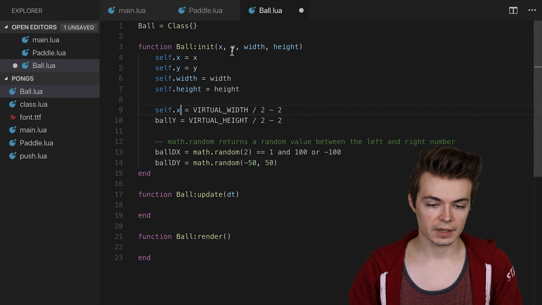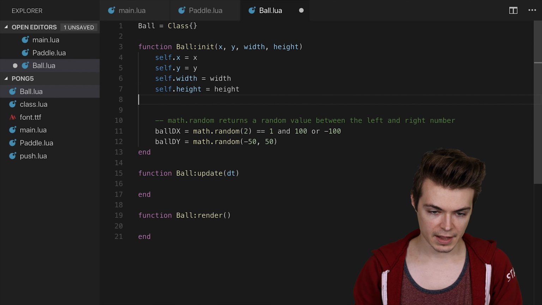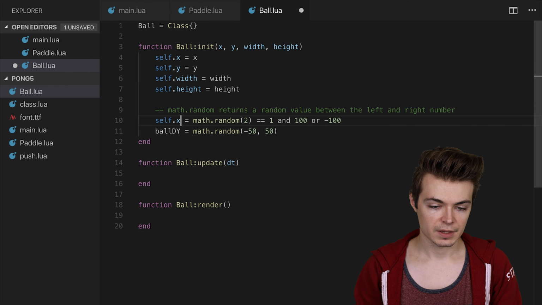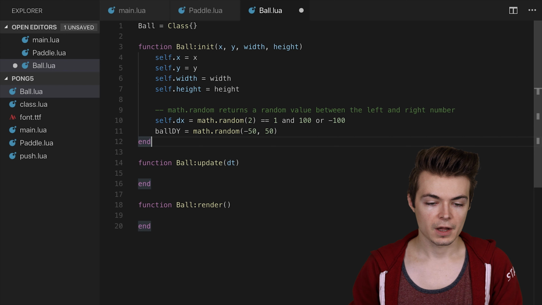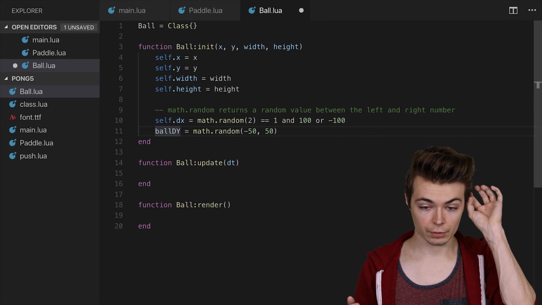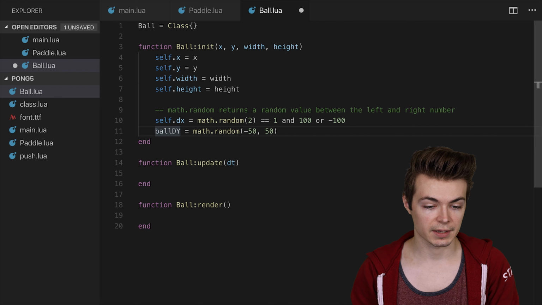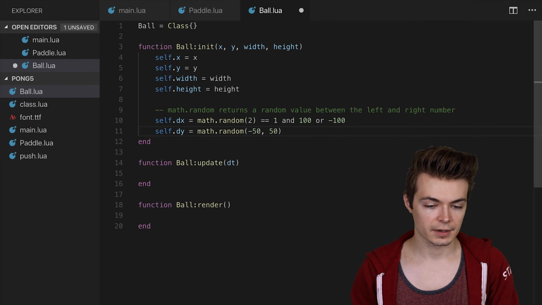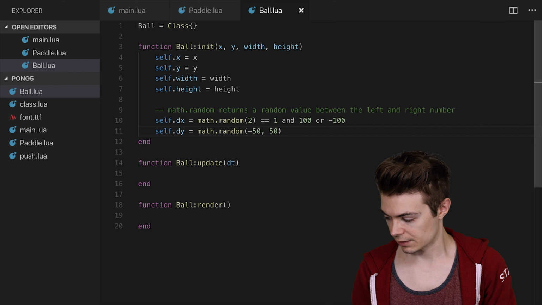And actually, I'm realizing it's fine, we'll leave that. We'll just say self.dx is equal to math.random of 2 is equal to 1 and 100 or negative 100. Again, a ternary expression in that case, randomly between 100 or negative 100, and then self.dy to initialize the velocity there